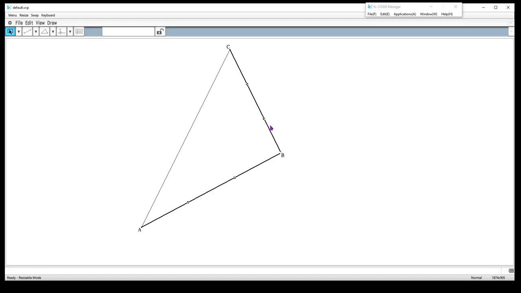So to measure the angle, you select the 2 sides of it, go to Draw, Measure. I think I have something else selected. There we go. Select the 2 sides, and it should pop up here. So it's showing me that it's 90. I'm going to click yes, 90, and that's angle. Let's even label this. So notice I can actually go up and edit and add in labels as I need them. So angle B is 90, and then I could measure the other 2 very quickly.